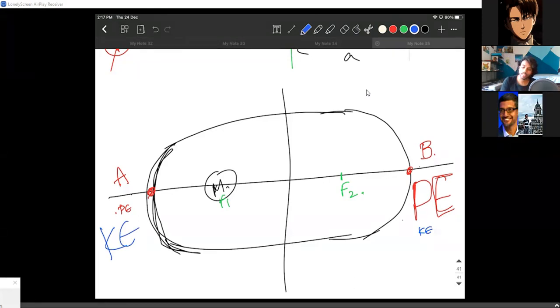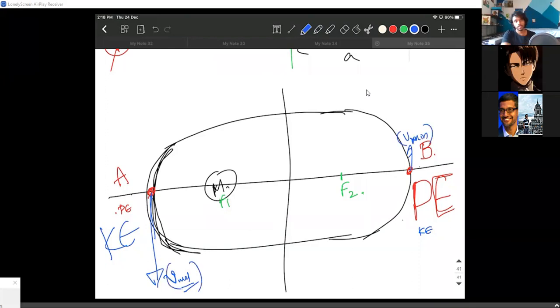In this case, the velocity will be max. This is a V max case for an elliptical orbit all the time. When it is at the closest point, the speed of the orbit is really high. When it is at the farthest point, the speed of the object is very low. So this is the V minimum. This is the V maximum. That is one important point. So the kinetic energy and potential energy can also be written.